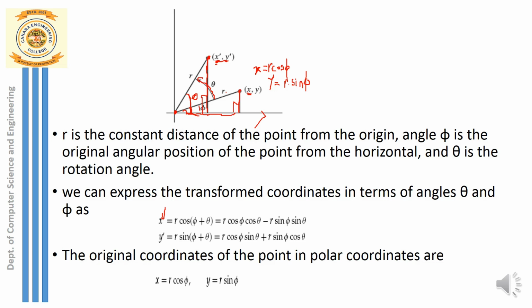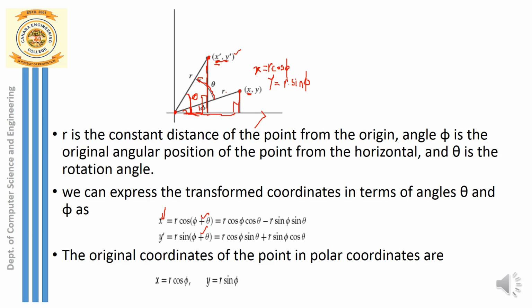So here x dash is given by r into cos of theta plus phi. Why cos of theta plus phi? Because x-axis is only along horizontal direction, and along horizontal direction the adjacent side is computed by cosine of angle theta plus phi. So r into cosine of angle theta plus phi, that is x dash. And what is our y dash? Y dash is actually changing vertically, so that is the opposite side. So how do you compute that? Y dash is equal to r into sine of theta plus phi. So can I write it in that way? r into sine of theta plus phi.